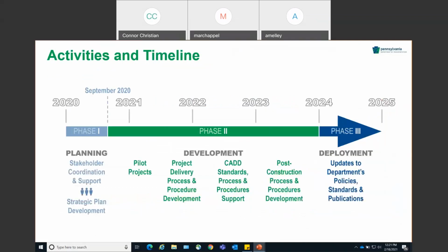So where are we? Where are we going? We broke this project down into 3 phases. Our first phase was really that development of the strategic plan. We went out and broke the state into 4 different regions in order to get subject matter experts' opinions